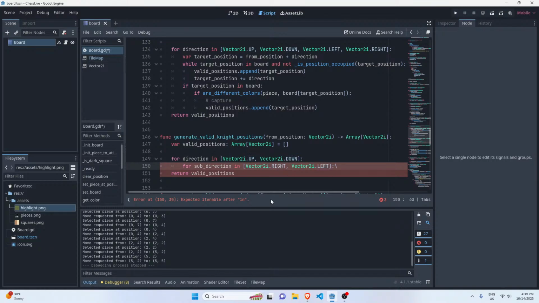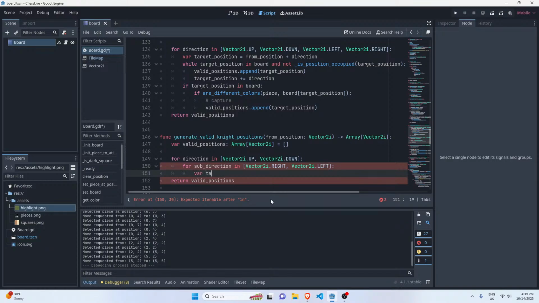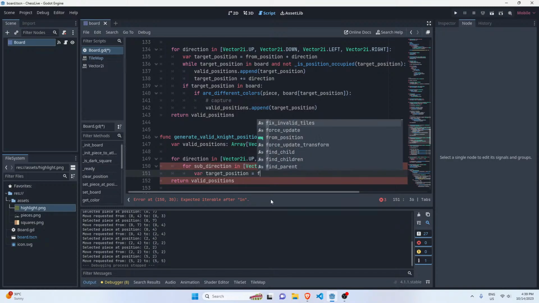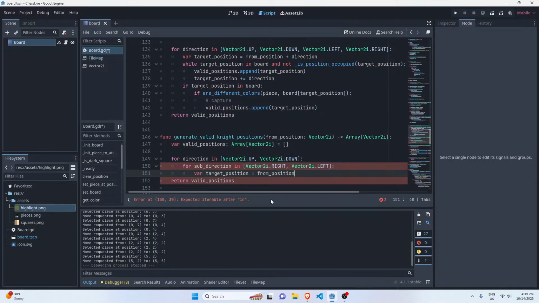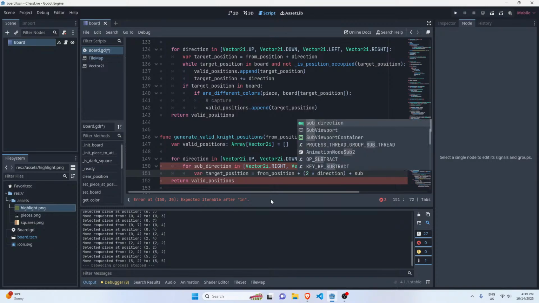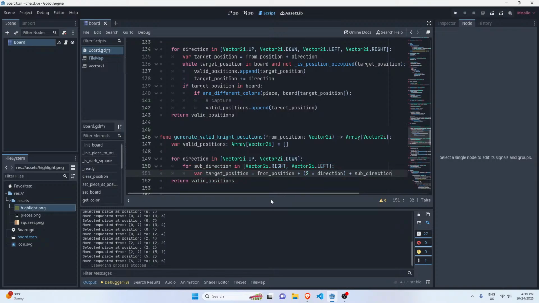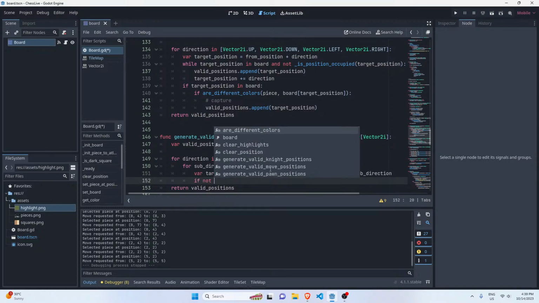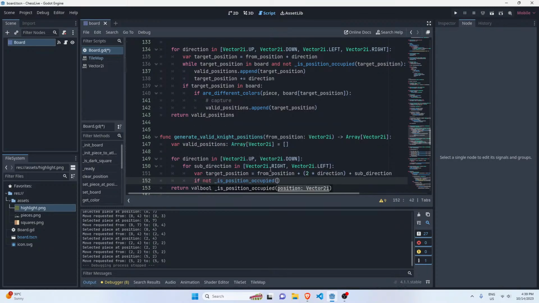Left, and what we're going to do is my target position is going to be the initial position plus 2 times the direction, 2 steps in one direction plus the sub-direction. And I'm going to do the same thing if the position is not occupied, then just,